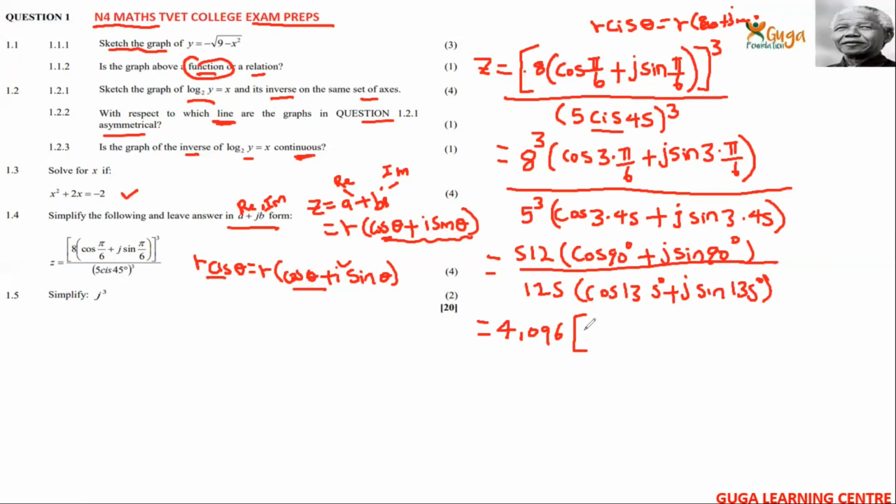Normally we say cos of 90 minus 135, plus j into sine of 90 minus 135. Okay, so 90 minus 135, it should give you